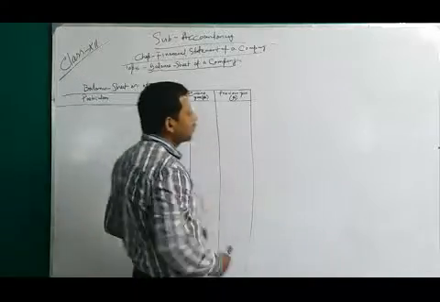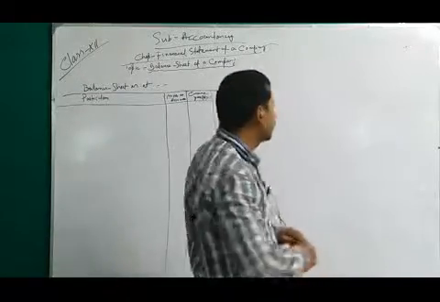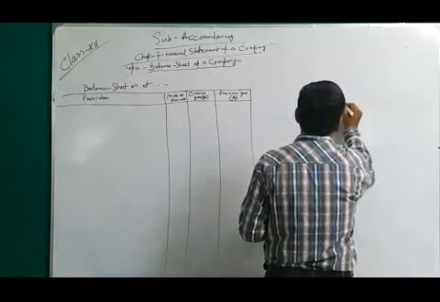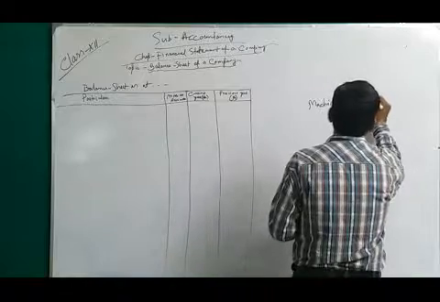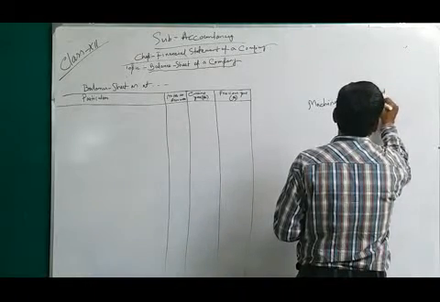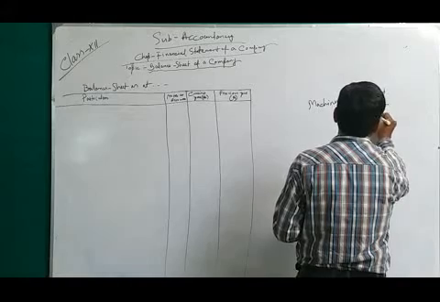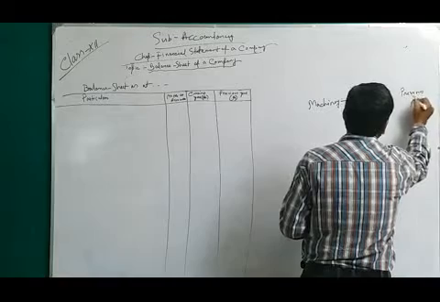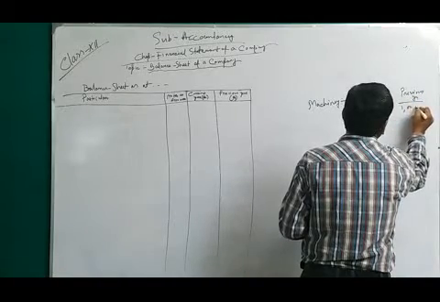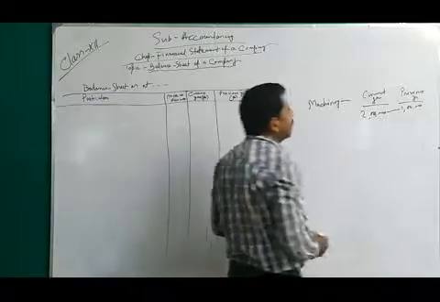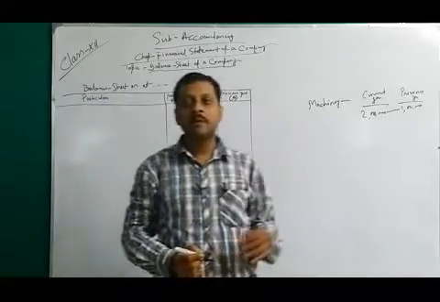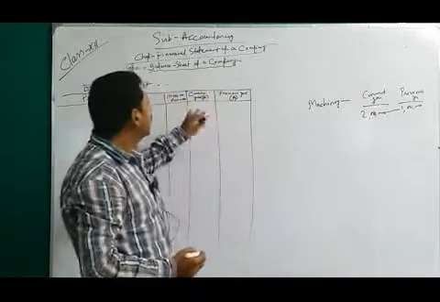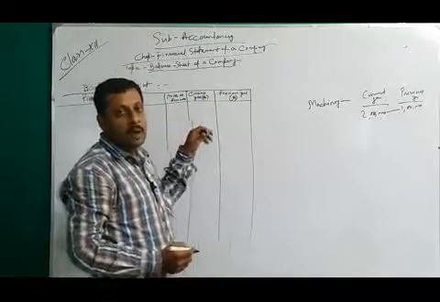Why are these two sets of data given in a company's accounts? Suppose your machinery in the current year is 2 lakh and in the previous year it is 1 lakh. So you can compare. Last year your machinery's value was 1 lakh and this year 2 lakh. That's why you have to maintain two years' figures in your balance sheet.